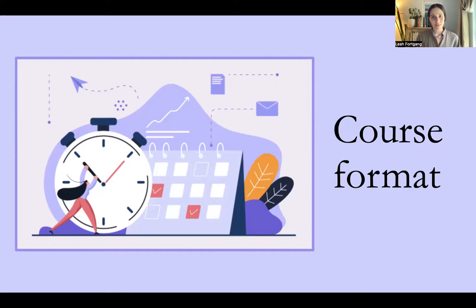Now, on top of this being an asynchronous course, it's also only 4 weeks long. That doesn't give us a lot of time. This is very condensed, which means that each day of the week, the way that you can frame it in your mind, counts as one full week of what you would have done during a semester. That's not just one full week of lecture. It also includes the full week of homework.